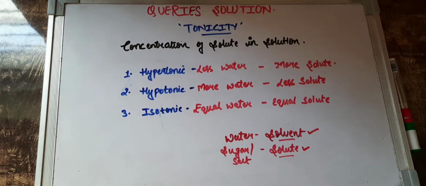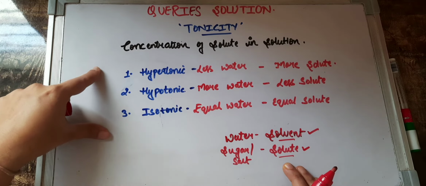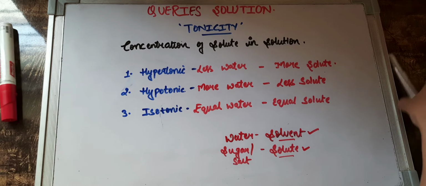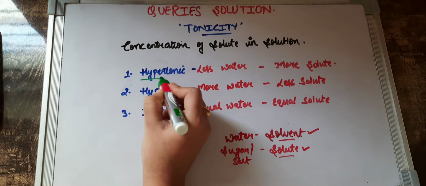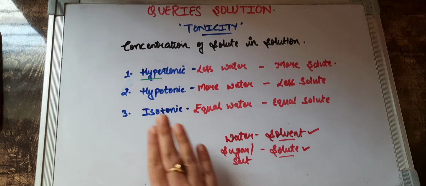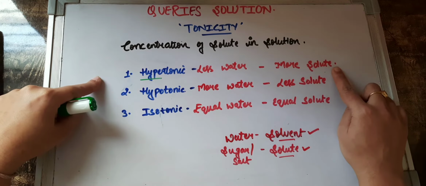Tonic again over here means the concentration of solute we are talking about. But whether the concentration is less or more is of interest to us, so that we will see now. If I use the term hyper, children, hyper means what? Something that is very extra, right? We always say don't become hyper. So hyper means that something is extra. So what is extra over here?